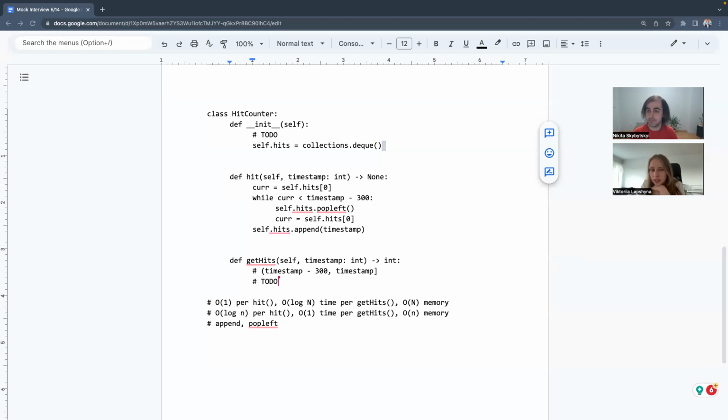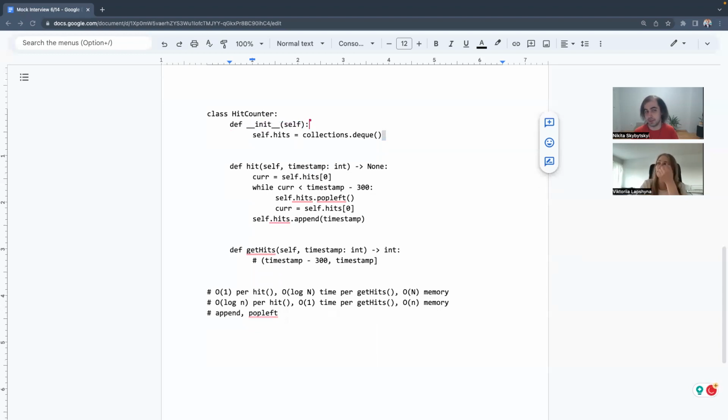Let's leave it at this, right? And then we'll come back to it and revise it if we need to when we run on some samples.